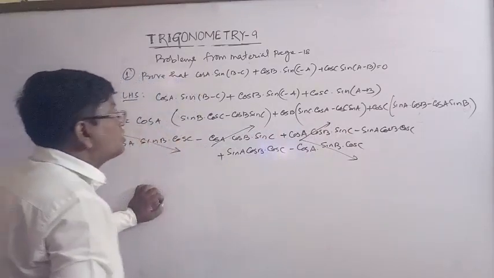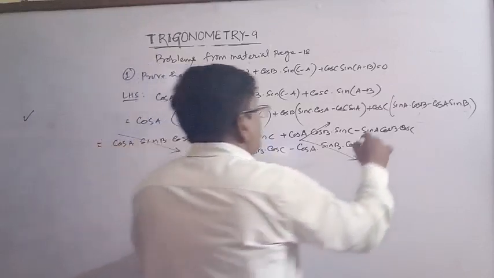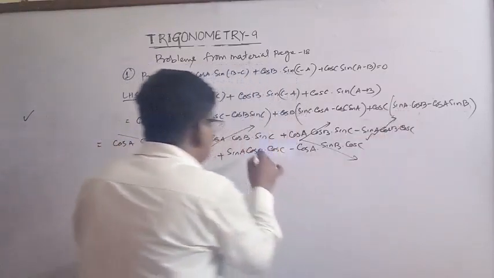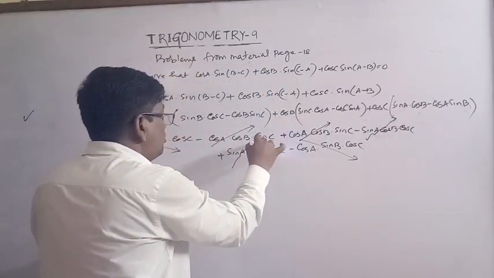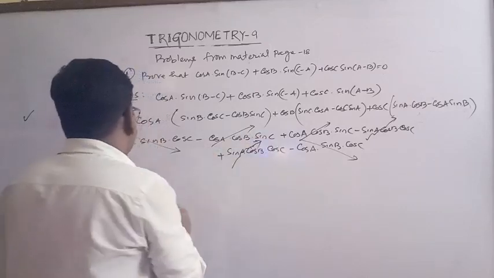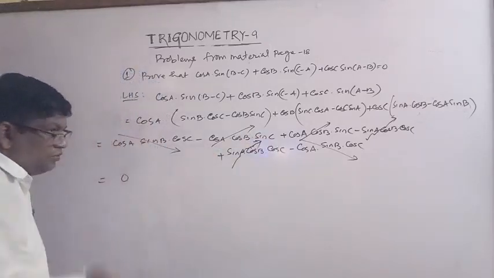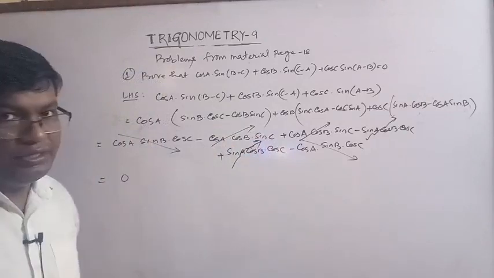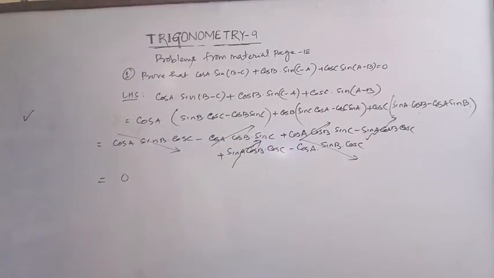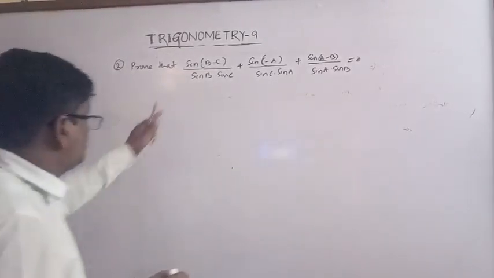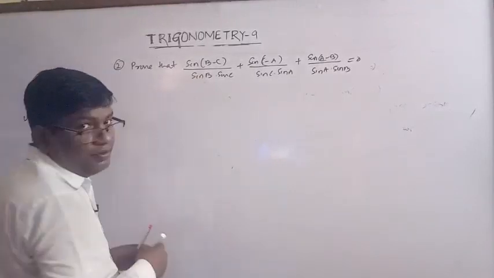Now sin A, these terms and these terms, and this term cancel. So the answer is 0. Okay, this is one question. Now another question. Prove that sin(B minus C)...